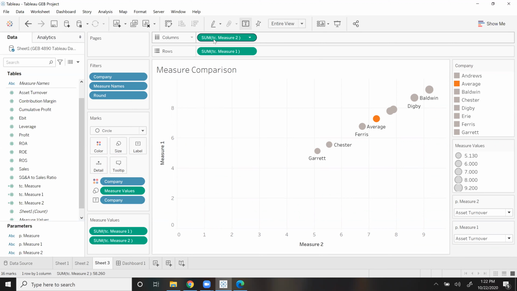On our third sheet right here is the measure comparison, which is a dotted chart with the columns of sum, measure 2, rows of sum, measure 1. So this chart represents the TC measure of measure 1 and 2, which are our duplicates. So which is why we have the parameters of measure 1 and 2 represent each category, as well as the measure values, which is the size numbers, and the orange here also represents the average, and the other colors that are the same represent the names of those other